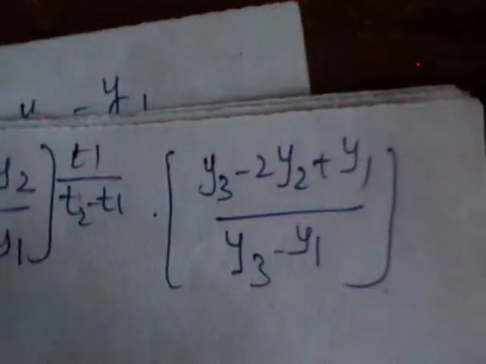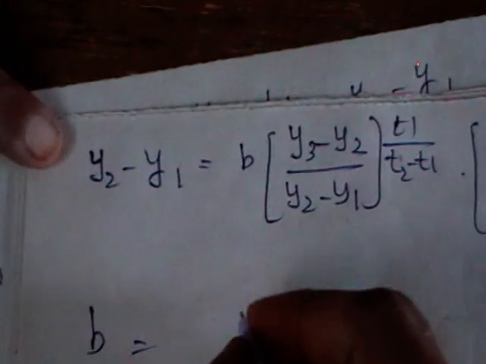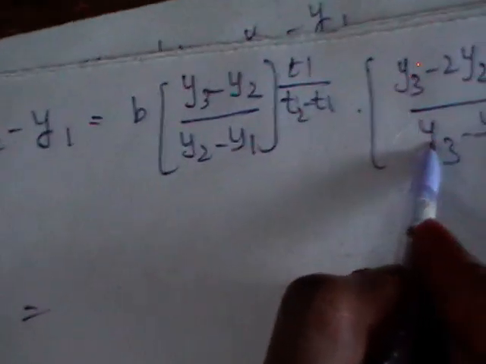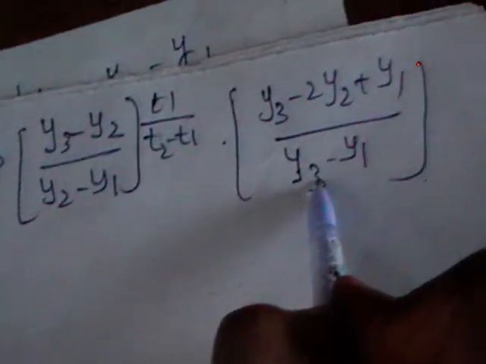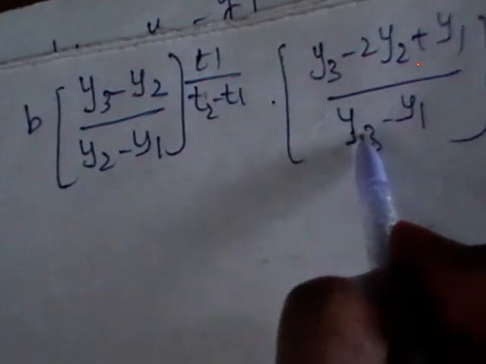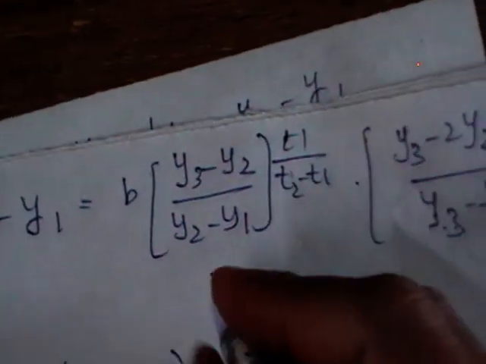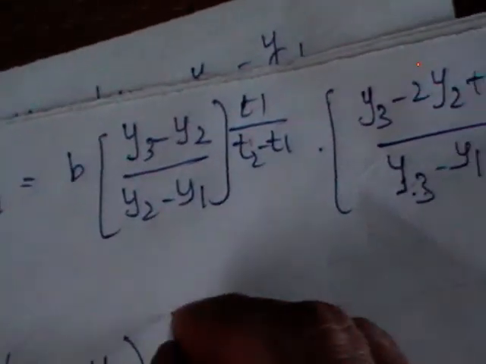Okay, so what will be b from here? You shift all these terms to the RHS, so b becomes the reciprocal, which is nothing but we have y3 minus y1 here, so it will be, you already have y2 minus y1. So this entire term is going to be reciprocal, so you will get that as